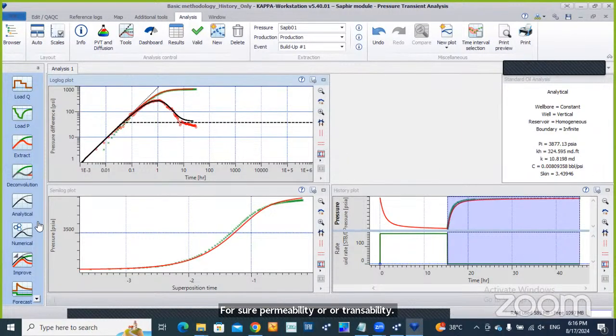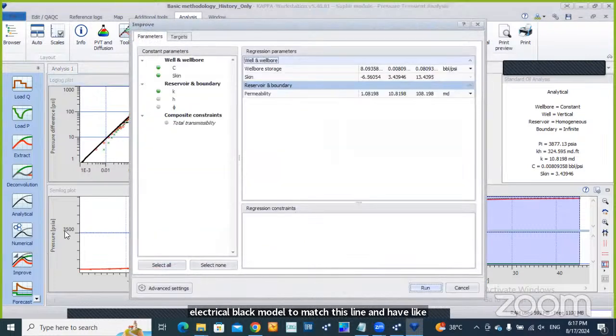Okay. Here is another tool. It's not like a step, but you may try it. I normally don't try it, but let's try it. It's called improve. Improve means that it will change the parameters of the analytical model to match this dotted red line and have, let's say, a better match. So let's try together. Okay, here you give it the data